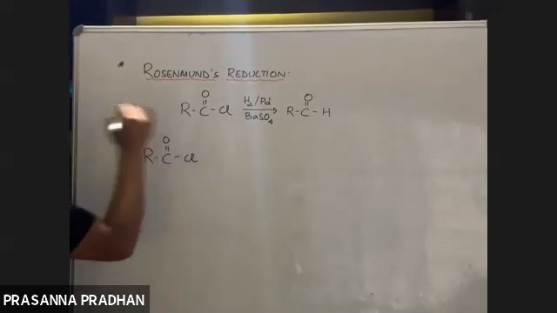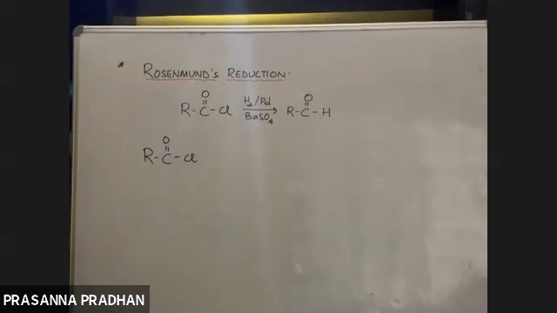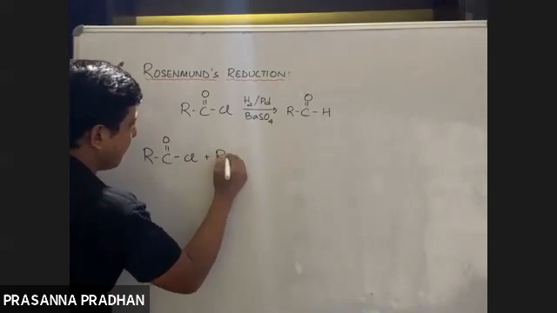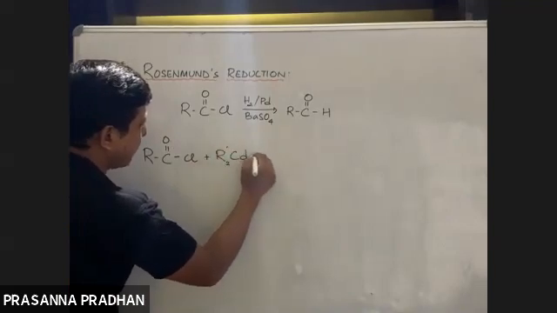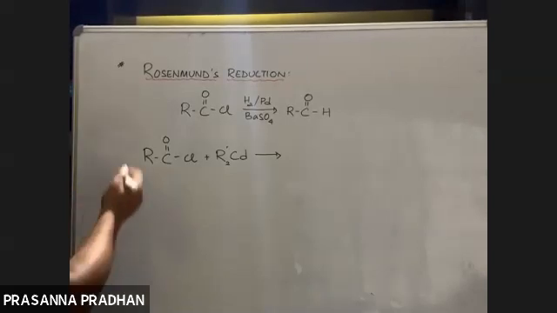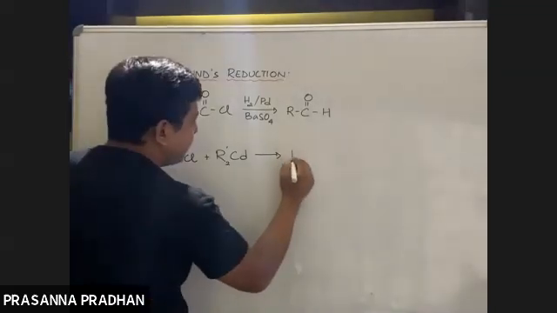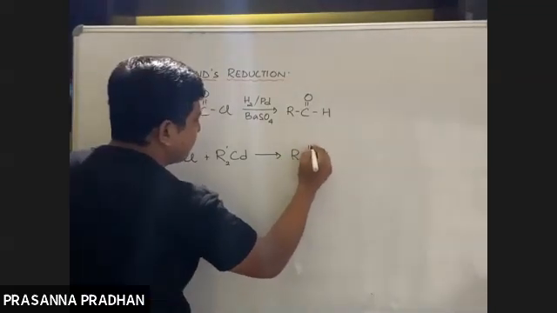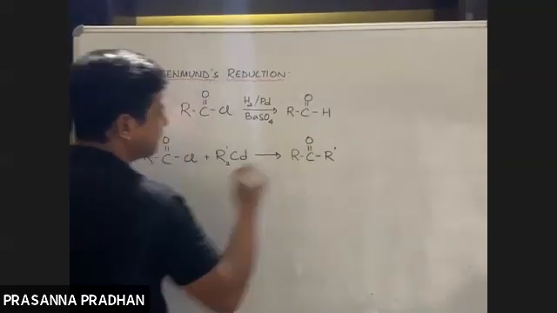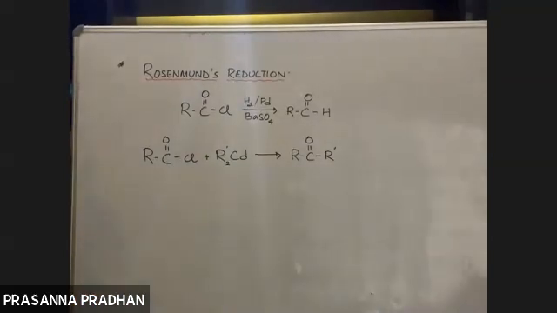Let us start with an acid chloride, this RCOCl. Now, when acid chloride is treated with this reagent, R'2Cd, it's known as a dialkyl cadmium. There are two alkyl groups denoted by R dash. So what do we get? We get the RCO part from here, and one R group comes from your alkyl group. So we have the corresponding ketone like this: R C double bond O R dash.